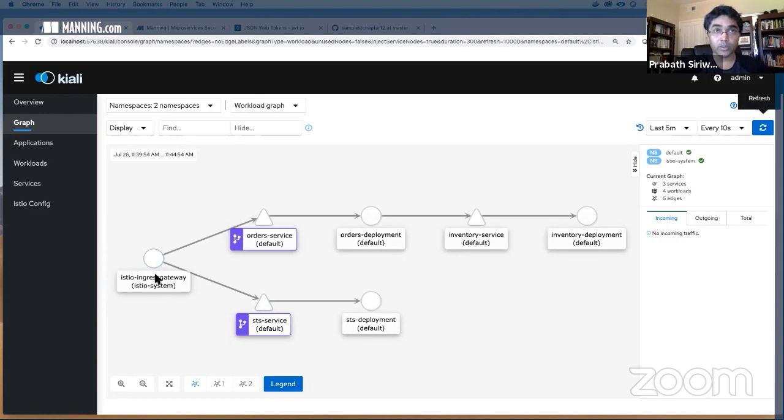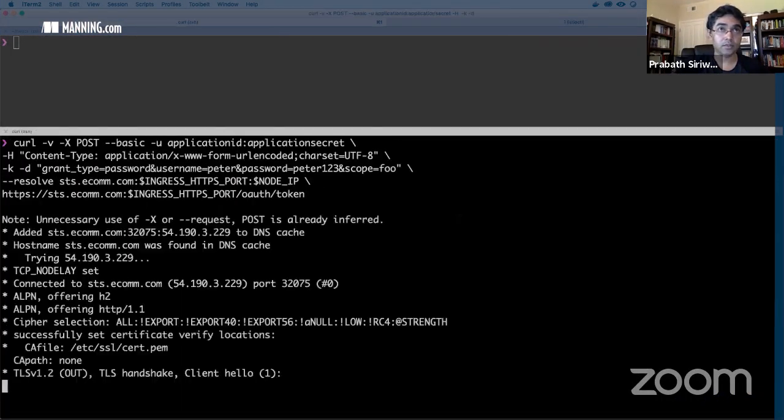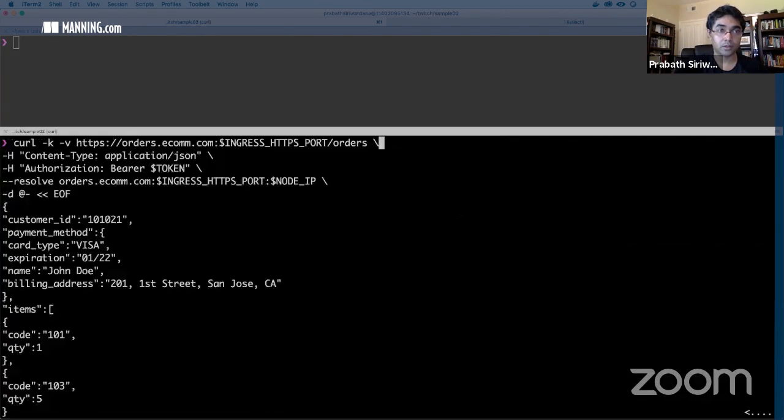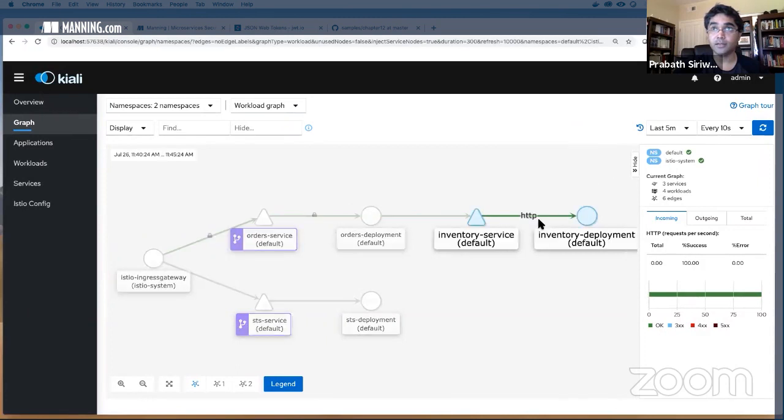All the traffic to the order processing microservice and STS goes through the Istio Ingress Gateway. Now it should show all the traffic, and we should see all the connections secured with MTLS. Let me send more requests.